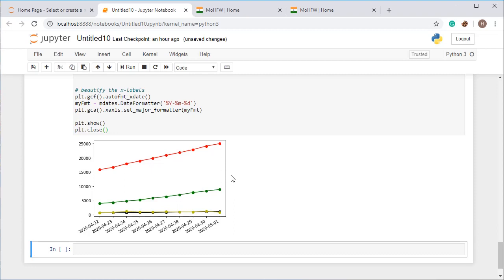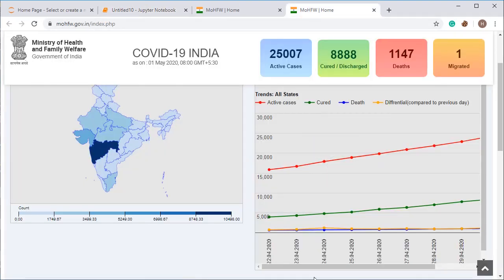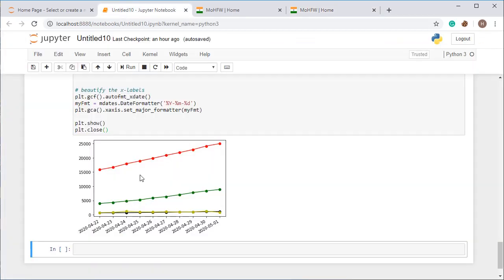Now you can see that our graph is similar to this graph. Now we need to set the x label, y label, and other things so that a person can understand the things from our graph. The first thing I will ask you to add is legends, meaning what you are showing in the graph, what it is related to.